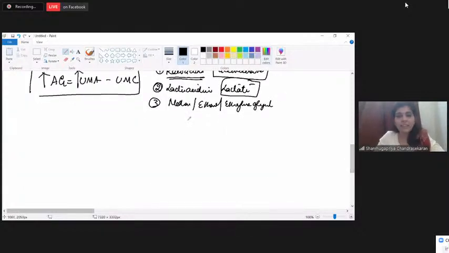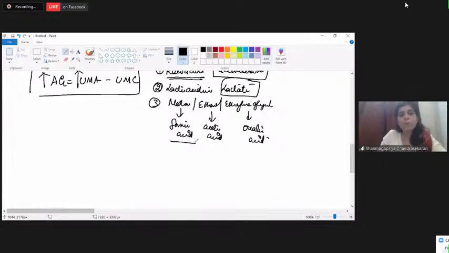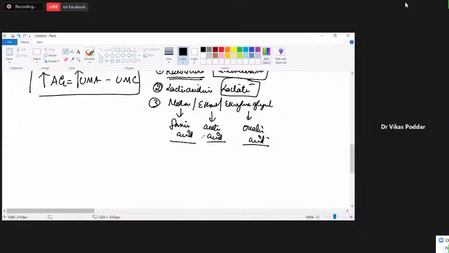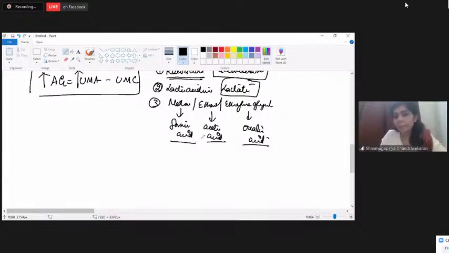In the presence of any alcohol, it's metabolized by alcohol dehydrogenase to form an aldehyde. The aldehyde is metabolized by aldehyde dehydrogenase to form an acid. Don't you all know that? So if it's methanol, it becomes formic acid. Shweta is right, it forms formic acid. If it's ethanol, it forms acetic acid. If it's ethylene glycol, it forms oxalic acid. Right? So formic acid forms formate anion, acetic acid forms acetate anion, oxalic acid forms oxalate anion. So all these anions will increase the anion gap.